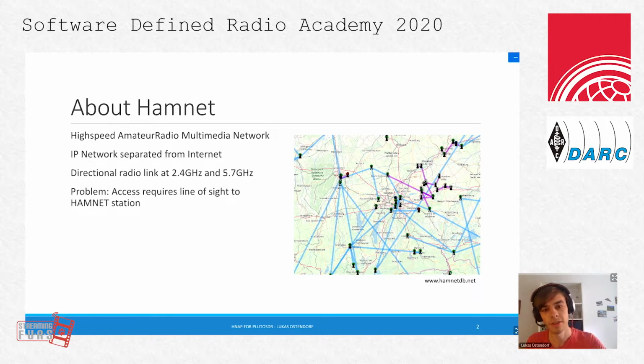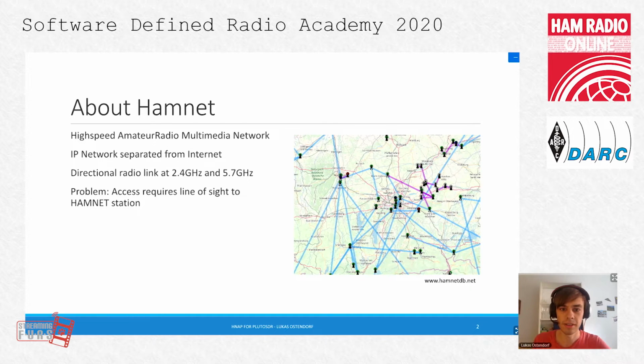HAMNET itself is the high-speed amateur radio multimedia network, an IP network separated from the internet by only using directional radio links in the 2.4 and 5.7 gigahertz frequencies. There's one big problem with the HAMNET network: because we use those high carrier frequencies, 5.7 gigahertz or 2.4 gigahertz,